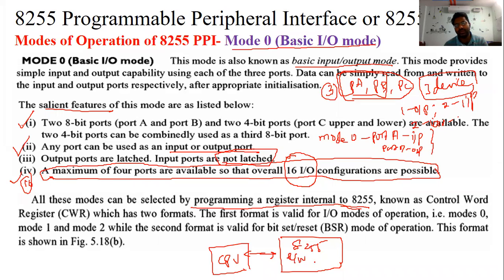The read and write control logic can give the command. The CPU gives the command to this read and write control logic. According to that, we can connect port A, port B, and port C, and these ports will work. So this CWR indicates whether it is an input port as well as an output port. At the same time, this CWR also gives the information on whether it works as mode 0, mode 1, or mode 2, as I said.